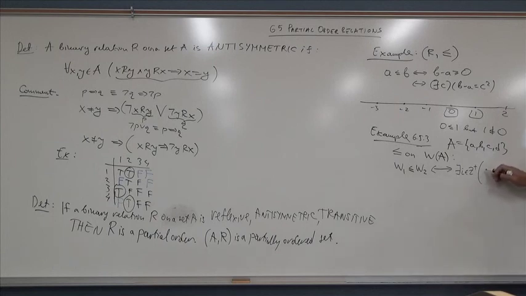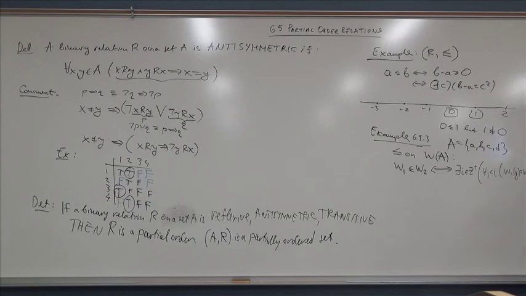So for every j less than i, W1 of j equals W2 of j. So before that index i, they have the same value, and on the ith,